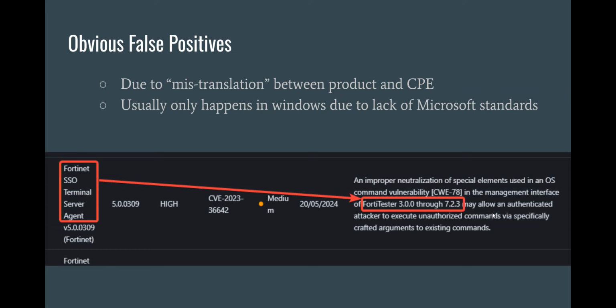Now, the question of false positives. There's always a period of tuning that goes on. Typically after the first couple of scans, the installation is already kind of tuned. Now, there are what we call obvious false positives, and these usually happen in Windows because there is a lack of standards to translate a name like this to an actual CPE, which leads us